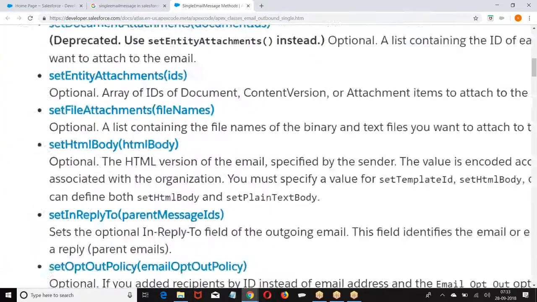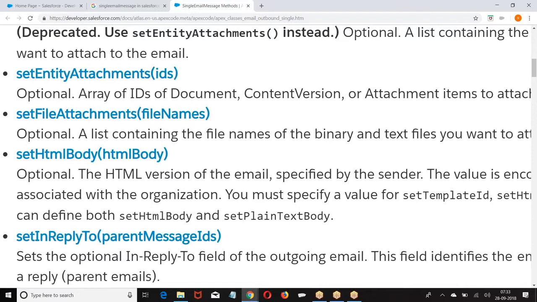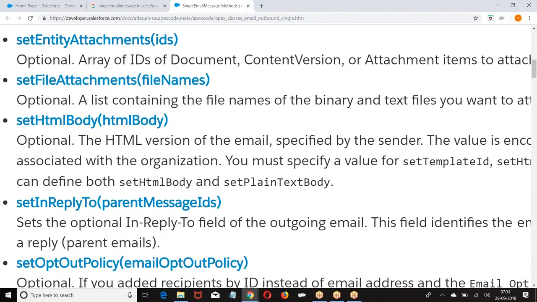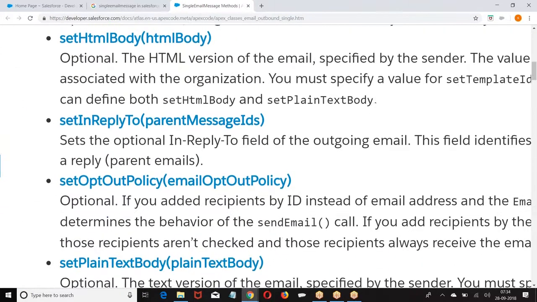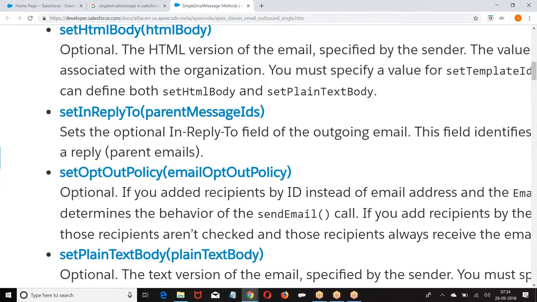Now we have set file attachment, and HTML body. Now when I give a reply in the email, you get reply to all.